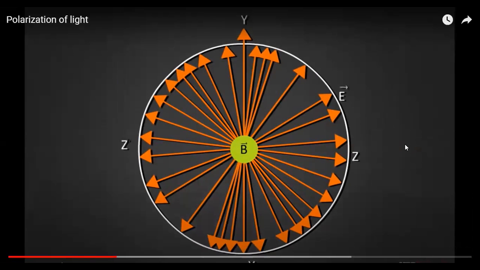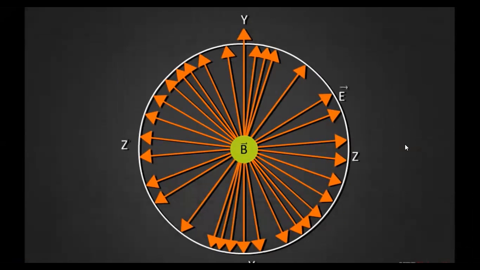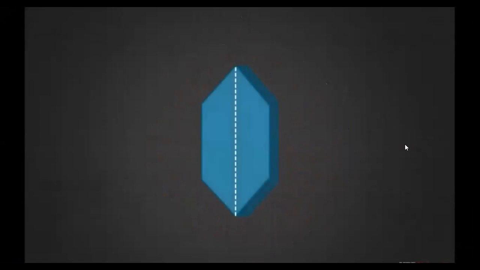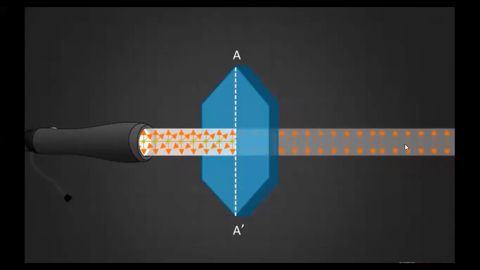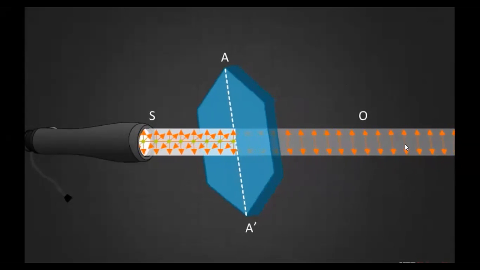The transverse nature of light can be demonstrated through polarization of light wave using tourmaline crystals. Take a tourmaline crystal A having crystallographic axis AA' and place it in the path of a beam of ordinary unpolarized light from the source S. When unpolarized light from the source S of original incident intensity is passed through the tourmaline crystal A, the emergent light beam is found to be slightly colored and less intense, as seen from the observer at point O.